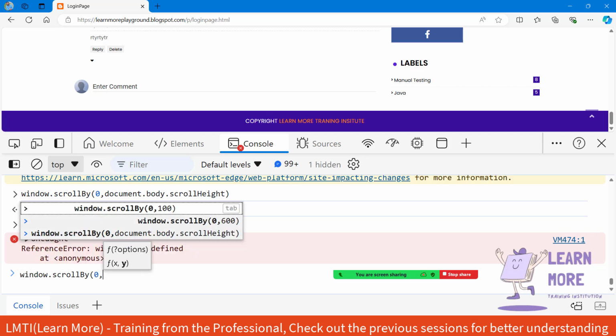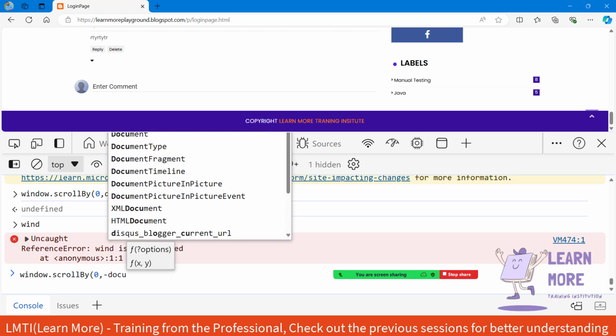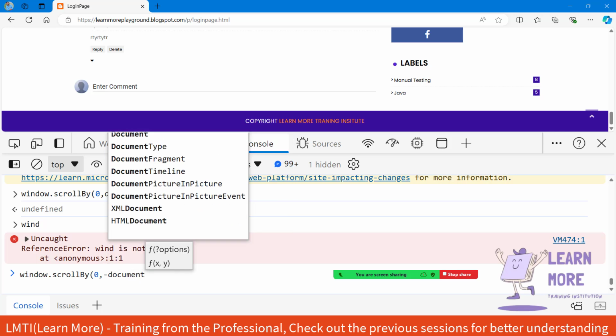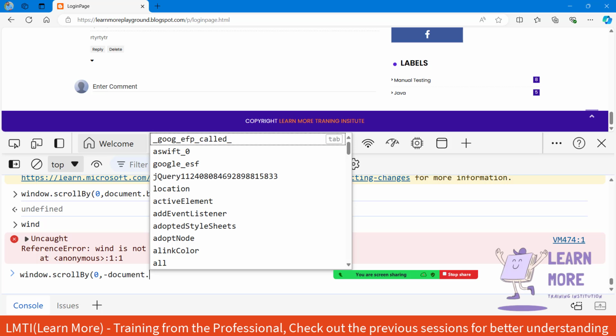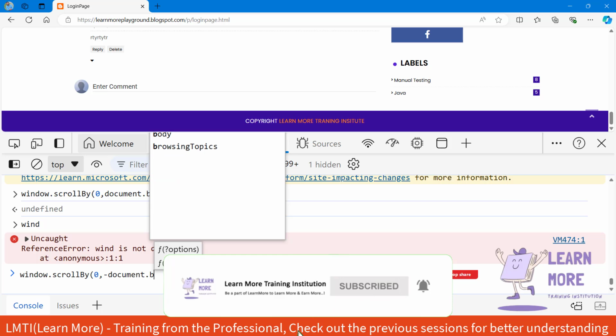In some cases, if you need to scroll in the x-axis, then you can give the same command in the x-axis and you can make the y-axis 0. So you can use it vice versa, depending upon your need. Now I can say minus of document dot. So what is the method we are going to use inside the document? It's body. So I can say dot